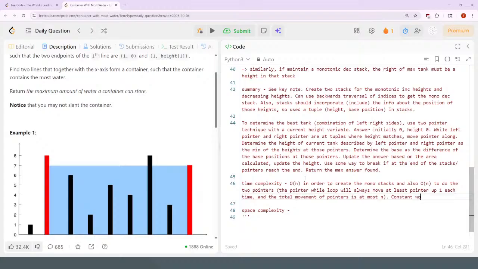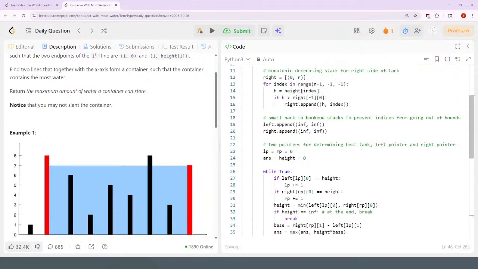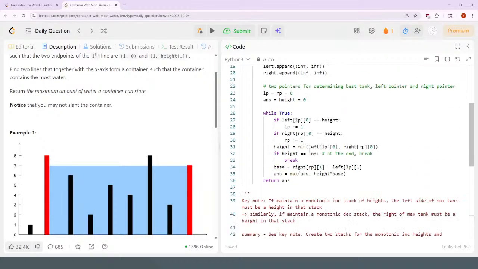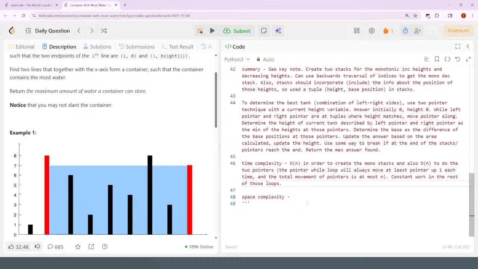Constant work in the rest of those loops. There's just constant appending or calculation of areas. Space complexity, this is O of n to create the stacks that can have at most n tuples, and